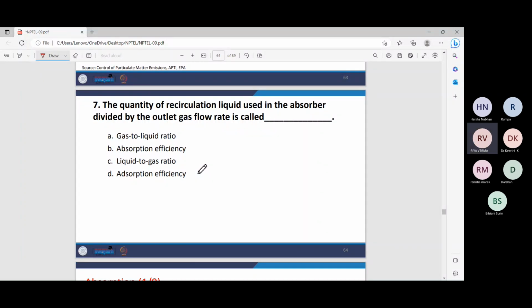Seventh question: the quantity of recirculation liquid used in the absorber divided by the outlet gas flow rate is called: gas to liquid ratio, absorption efficiency, liquid to gas ratio, or adsorption efficiency. Okay, so